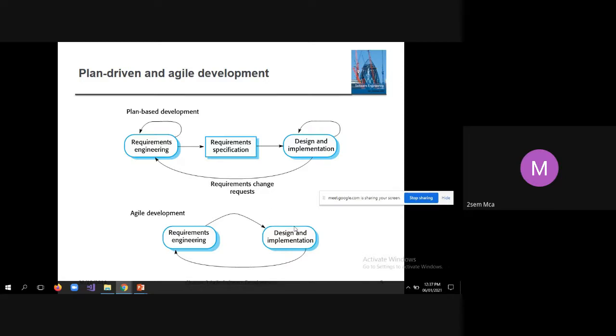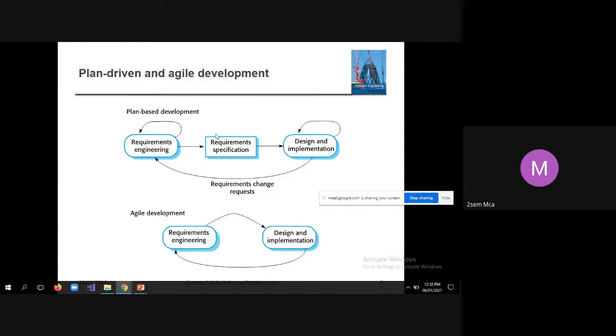So now you do design and implementation only for those 5 requirements. Then once again you take up the requirements which have been given least priority, add a few more requirements, then do the change for requirements and implementation.